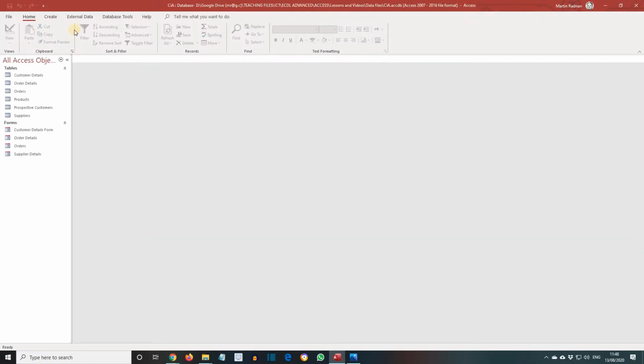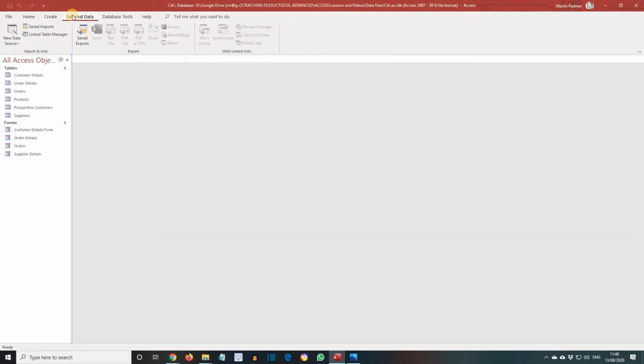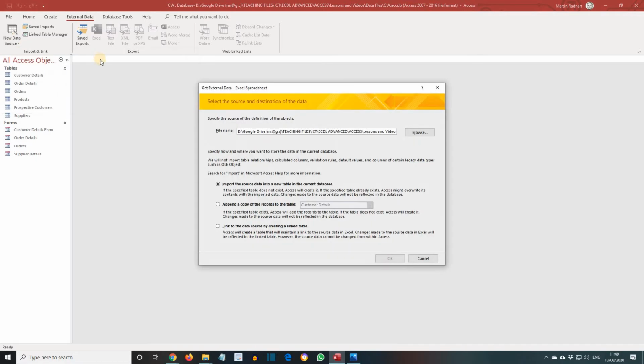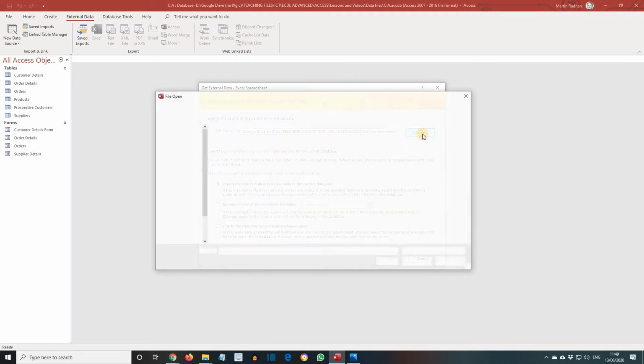First of all, select the External Data tab, and then from the Import and Link group, we want the Excel button. Now, it may be that you'll have an Excel button up here anyway, but if not, it'll be New Data Source, From File, and then Excel. As can be seen, a dialog box is displayed so that the source and destination of the imported file can be defined. Use the Browse button to locate the file